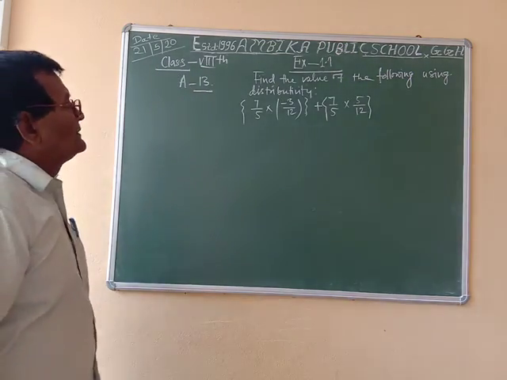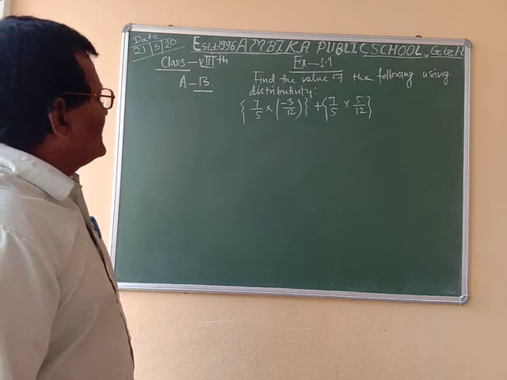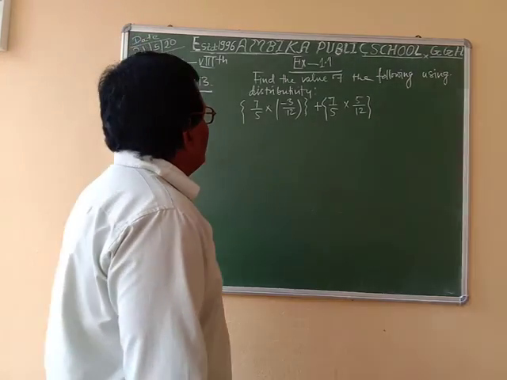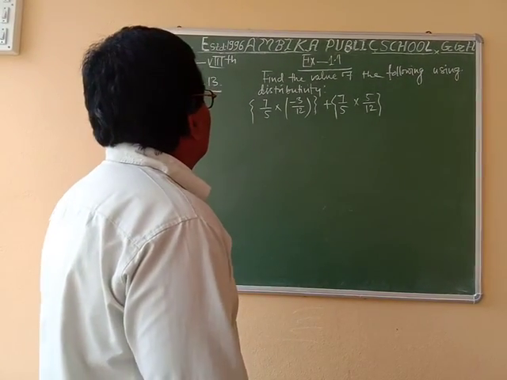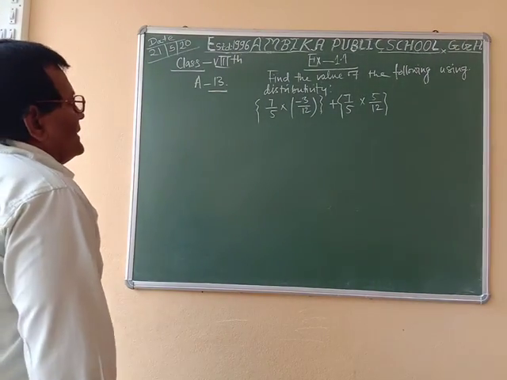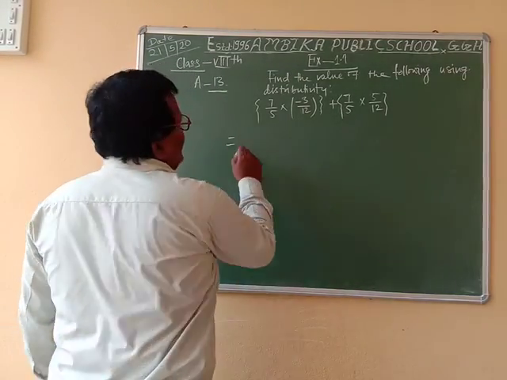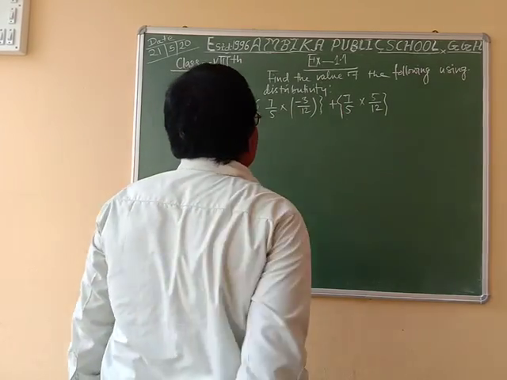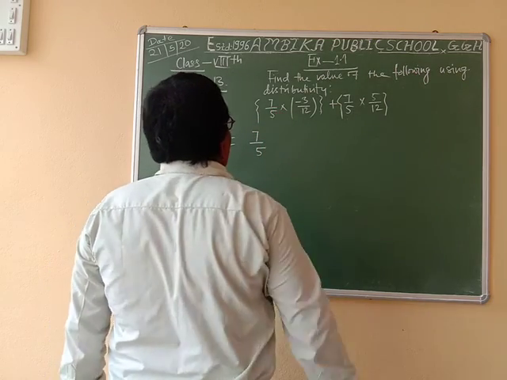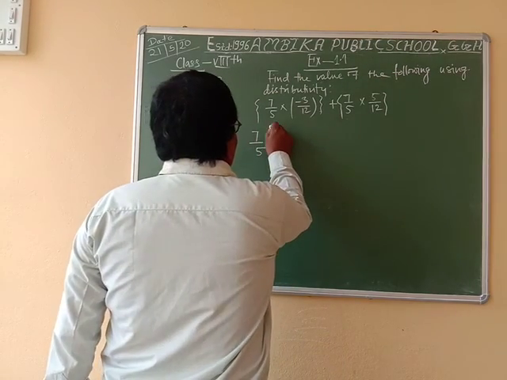We know that if A, B and C are integers, then A into (B plus C) is equal to AB plus AC, according to the rules of distribution. So we can write, at first we take common 7 by 5, which is in both terms, so we take common 7 by 5 and write